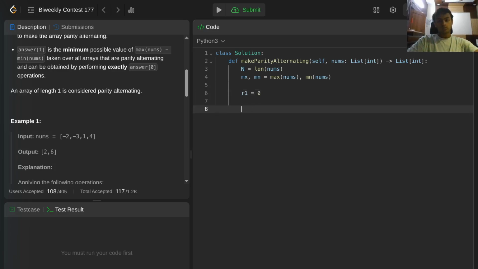R1, for I in range n. So let's say even indices should be even. So if I mod 2 is equal to nums of I mod 2, we don't do anything. If it's not equal,